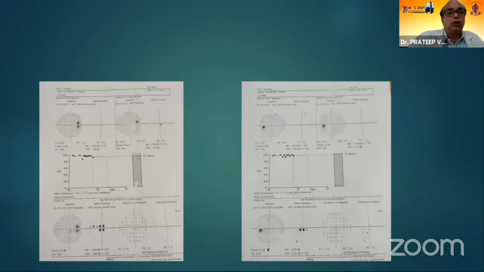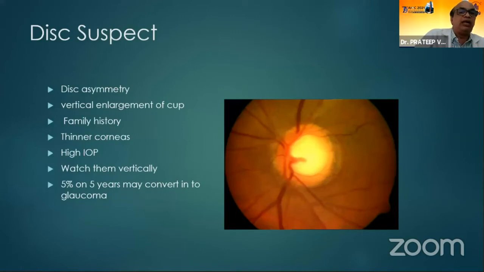So what you have to do for all these patients is a thorough vertical follow-up. Every year you have to do the perimetry, and every 6 months do the clinical examination and the perimetry as well. I have followed this patient for more than 12 years, and this patient has not progressed at all. So obviously this patient does not have glaucoma; it's a congenital anomalous disc where there is inferior conus and inferior loss of the nerve fiber layer bundle.